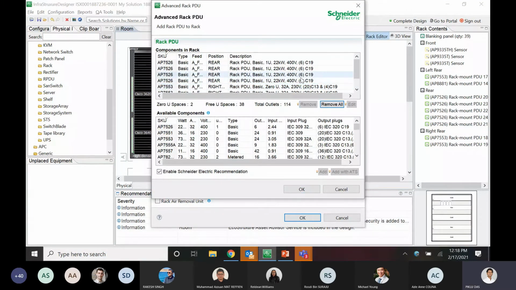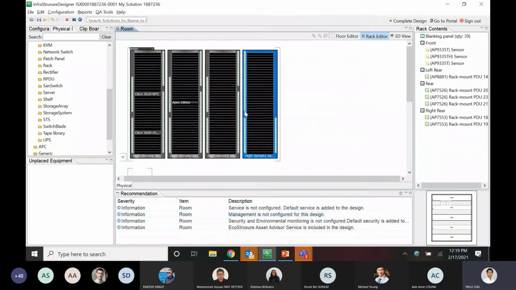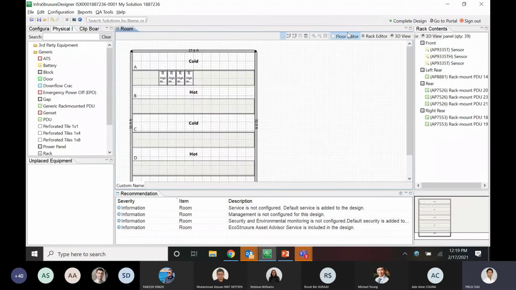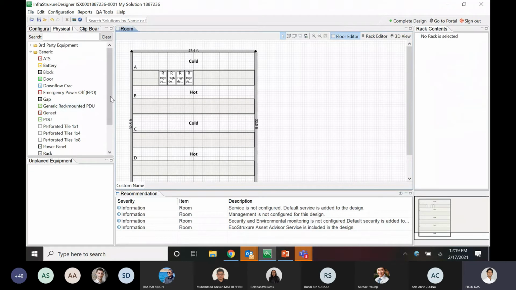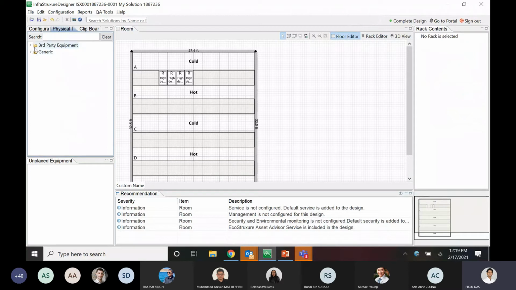I'm just removing some of the RPDs from the rack system. So basically this will get updated, and if I click here, you see all this has got updated. Now you can see what are the RPDs that are available right now. Previously this many RPDs were there for the other rack, but now since I have reconfigured this particular system, you can see the updated details here. So this is how the blanking panels can be filled for each of the empty one U space that will be available after you finish your placement of all your servers and switches inside the rack, right?